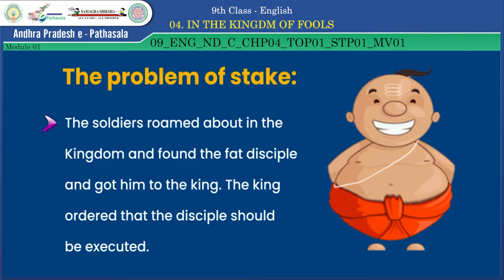They started arguing in front of the king that they should be put to death first. They both wanted to die first on the stake. The king was puzzled to see Guru and disciple competing to die on the stake. So he asked Guru, "Why do you want to die on the stake?"